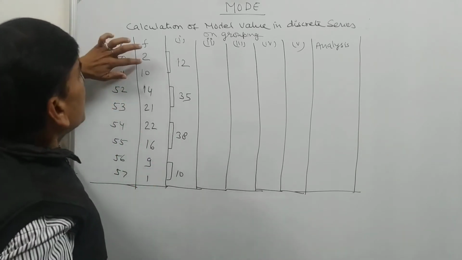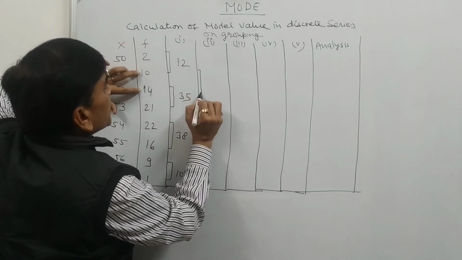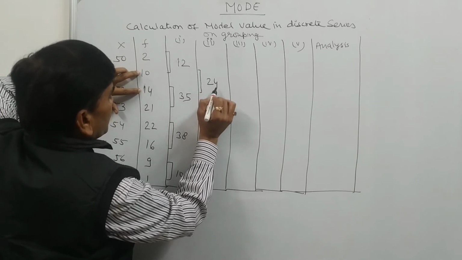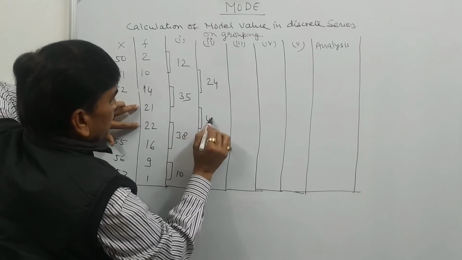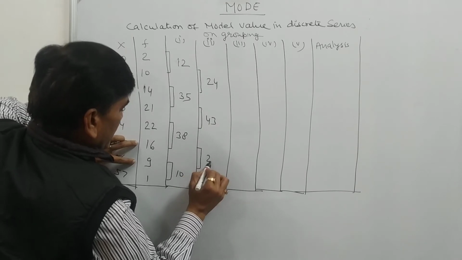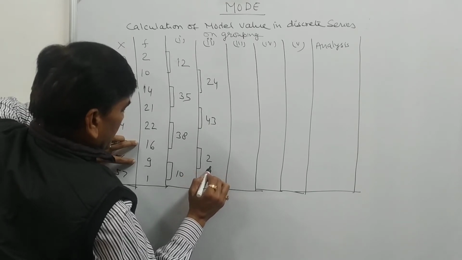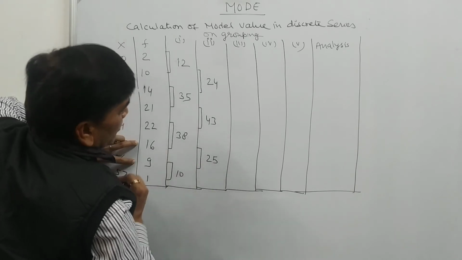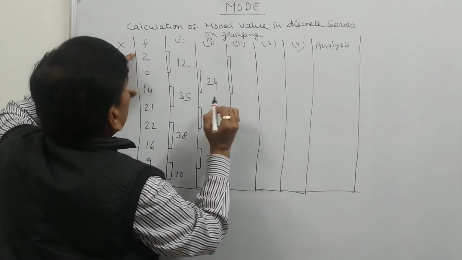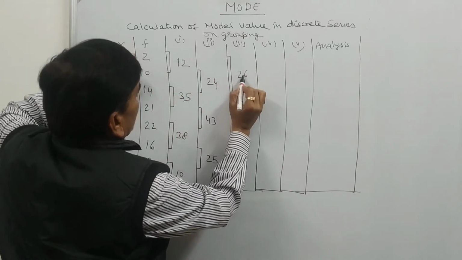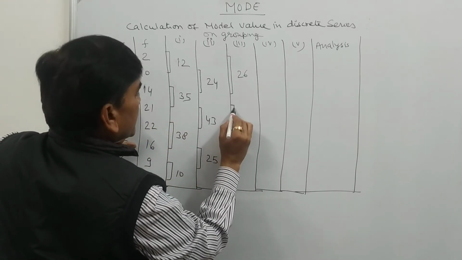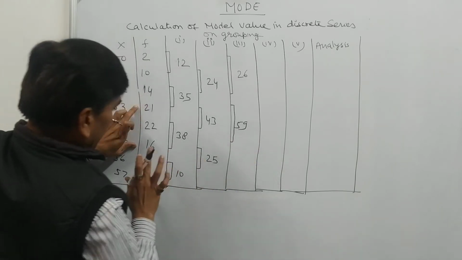In the second grouping, we leave the first item. Again we take pairs of 2: this is 35, this is 43, and 16 and 9 is 25. Now the grouping of 3. The first group of 3 is 45, the second group of 3 is 47, and 2 items are left, so no problem.